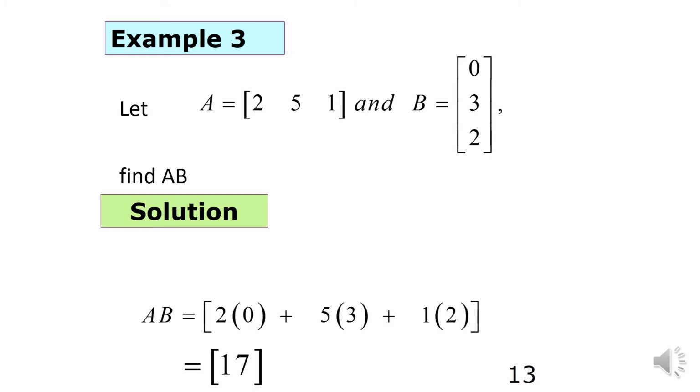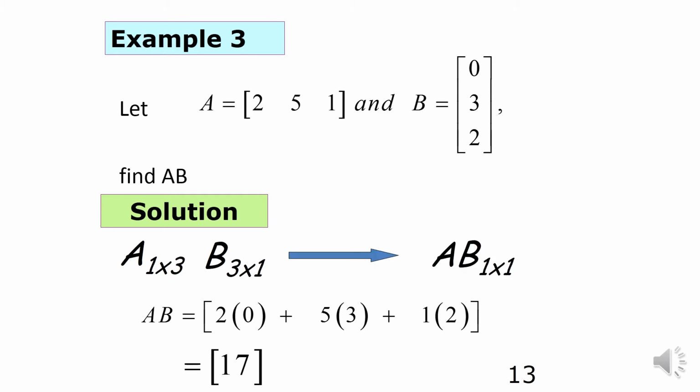Okay, so we can see here 2 times 0, we got 0 here, plus